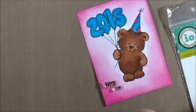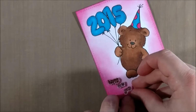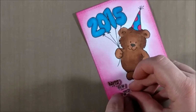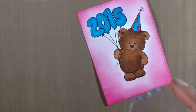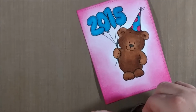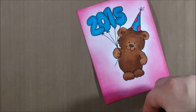almost any occasion. It does that by each word is individually cut out, and so you can stack them together, and it's one of the largest and most versatile builder sentiment stamp sets that I've seen and that I own. There's some other great ones like from Newton's Nook, but they don't have the year aspect of it. So they have the word new, but they're missing the year, whereas this stamp set I find has almost everything